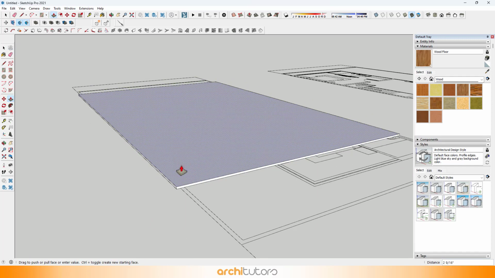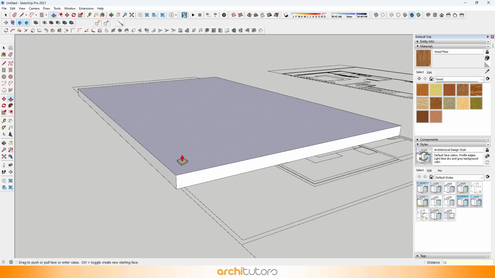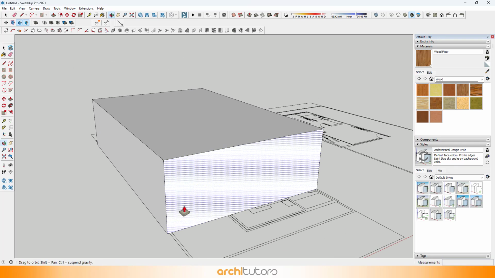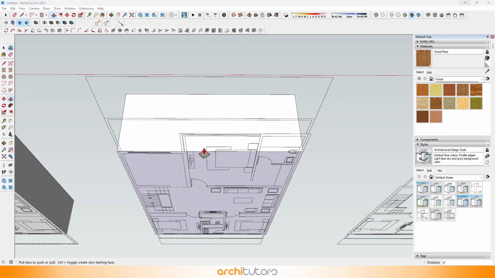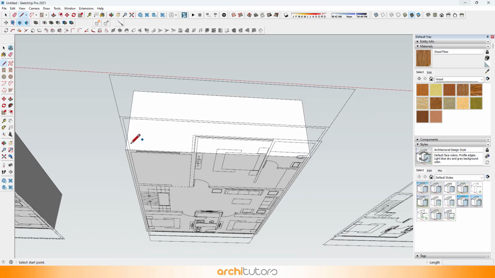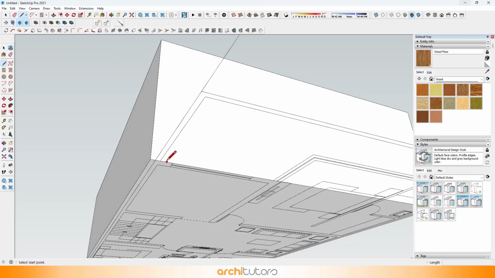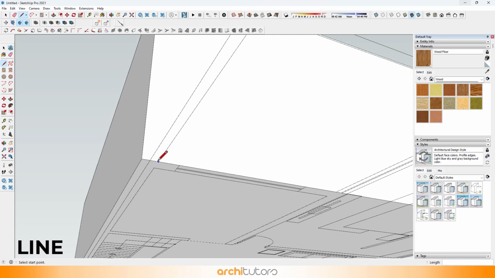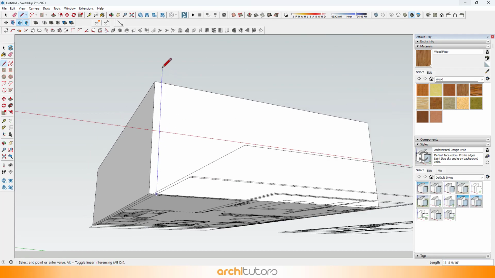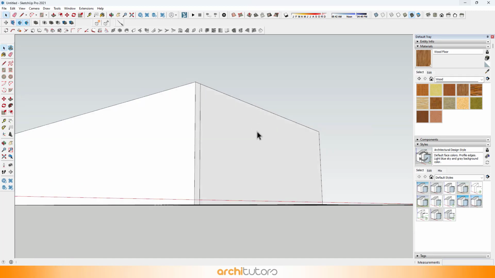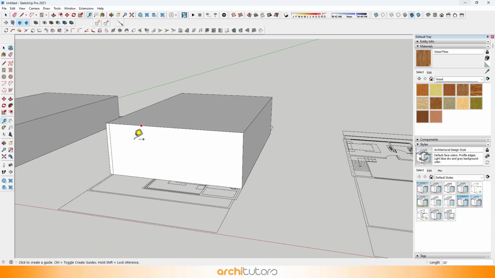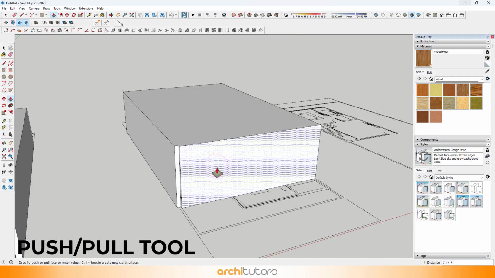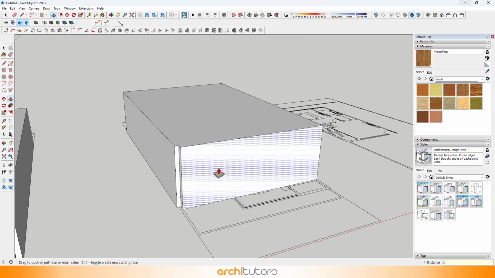Extrude it with push and pull tool. I want it to be a bit different from the plan. I'll make an overhang on this floor.